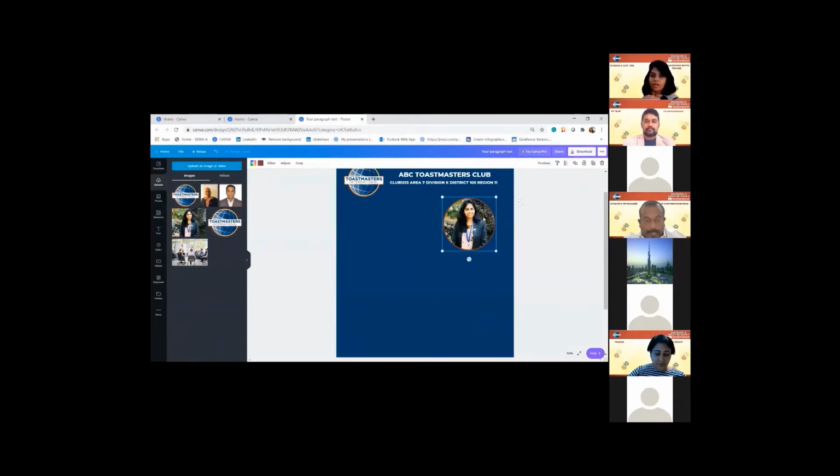Great. Now I see that there's a background, but I want to remove the background. In the paid version, you have the remove background option, which is under effects. But in the free version, you don't have it. But what you can do is go to www.remove.background and remove the background on that website. So I would ask Zoom Masters to send the link in the chat so that people can try out how to remove the background on that website.